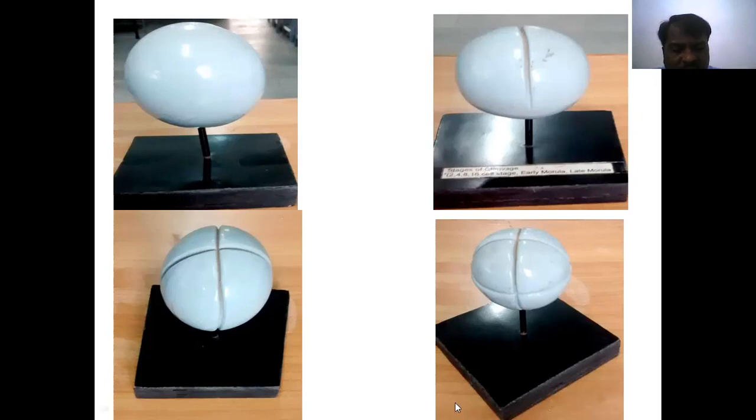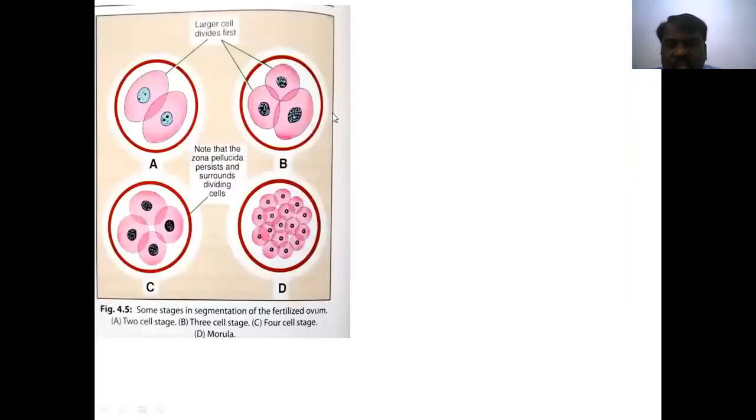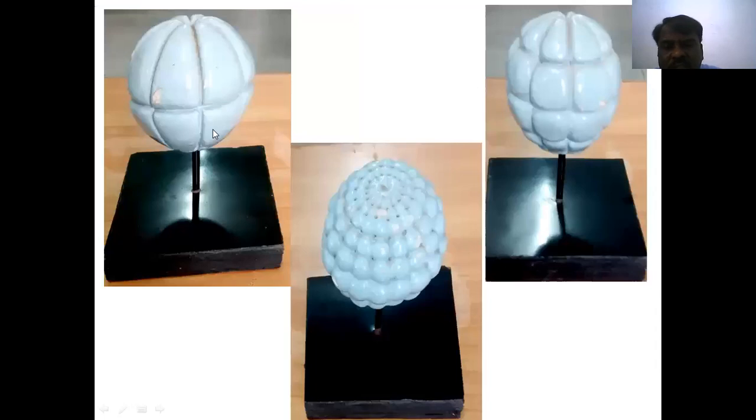These are the six cell and eight cell stages. Then see here the large cell, and the two cells, the pronucleus from the mother and the pronucleus from the father. One of the large cells divides into two cells. Then at the next step, this cell divides in two. So here is the four cell stage, the four cells divide again to eight cells, and then the 16 cell stage. The 16 cell stage is known as the morula. See here, this 16 cell stage is called the morula.